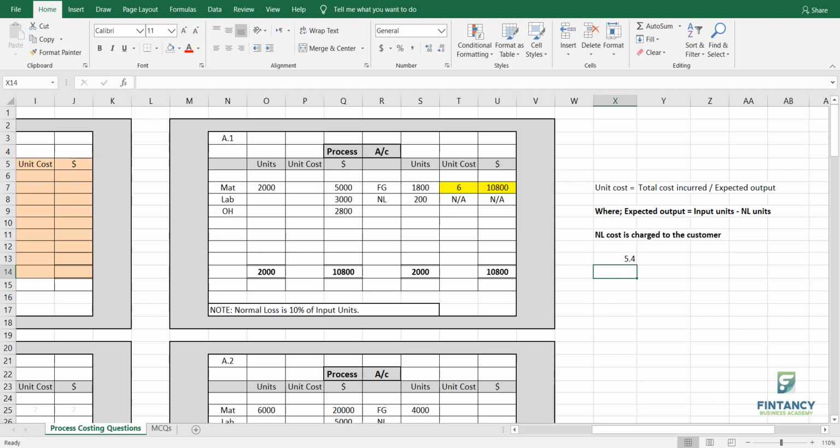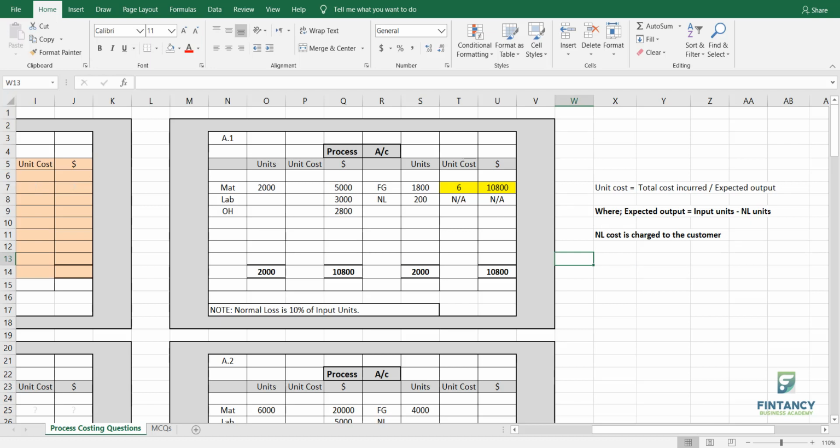Getting it? For example, you said, okay, my cost is 5.4, let me add a margin of 0.6 and my selling price is 6. Now think about it, you are charging the customer 6, right? And effectively speaking, your cost is also 6, which we calculated here. So basically you are at break even, you are not making any profit. But if you say my cost is 6, so definitely you will charge the customer 6.57 or something, and you will make a profit.